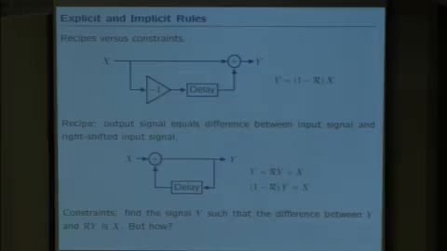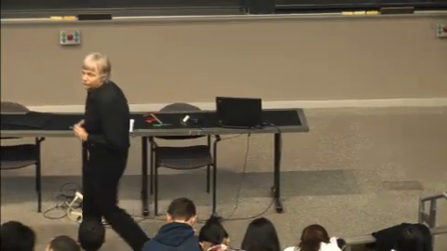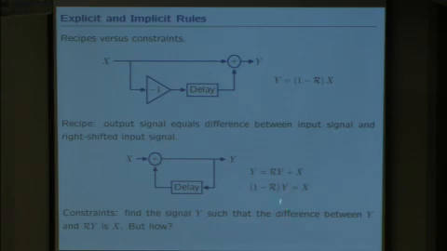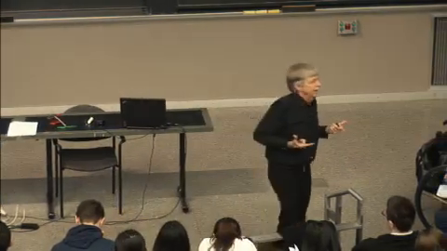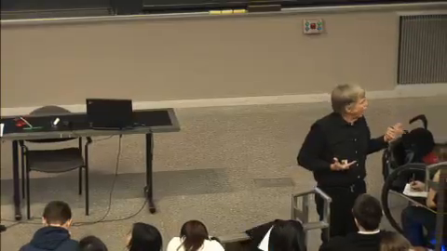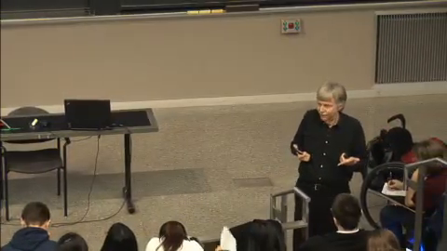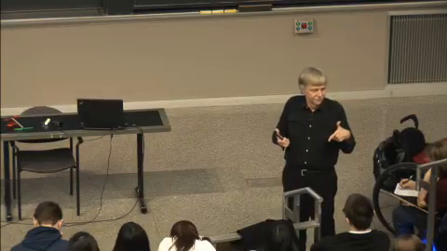Don't everybody shout at once. If this can be labeled as the point y, what is the correct label to label this point? Ry. So the signal y must be Ry plus x. What that says is that if I apply the 1 minus R operator to y, I should get x. OK, that's a fine operator expression, except that it's not a formulaic operator applied to the input. The operator is applied to the output.